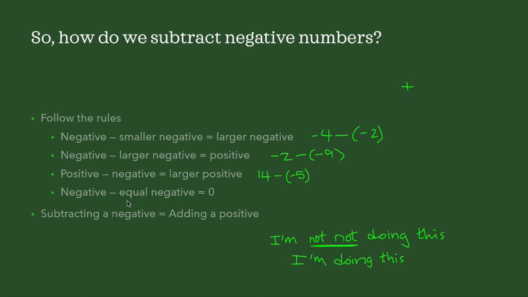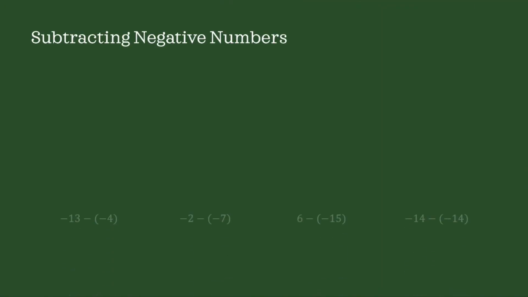But I didn't get to this last one. A negative minus an equal negative is equal to 0. Once again, an example would be something like negative 17 minus negative 17, and that would equal 0, because once again, these two will become a positive sign or cancel out, and that will cancel out these two, which is equal to 0. So let's try some examples. And once again, we have 4. So I encourage you to pause this video and try all of them out.